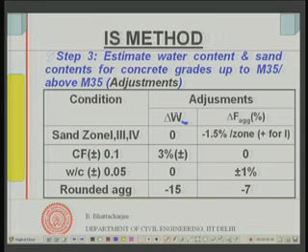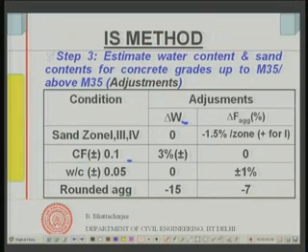Now, water content is affected by, first of all, workability. So, if you have a compaction factor change, then there will be a change in water content. For higher compaction factor, you need more water. That is what we have seen, because compaction factor is nothing but a measure of the workability. This code uses compaction factor. Some other codes of course use slump and VV test, etc., but our Indian standard code uses compaction factor. And the standard tables, those which are given as starting tables, are meant for a compaction factor of 0.8. If you have higher compaction factor, then you must add water. If you have lower compaction factor, then you must subtract water.